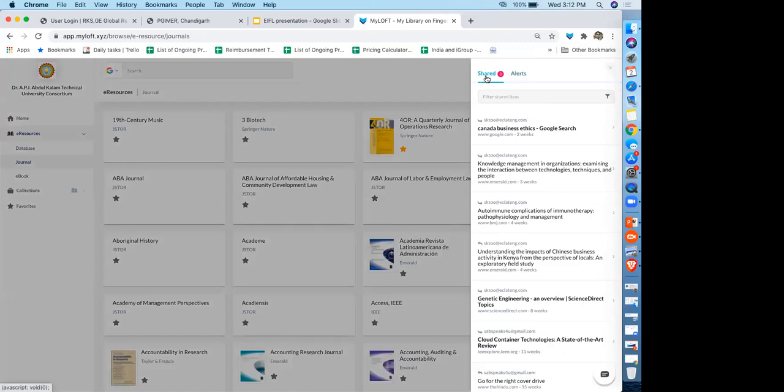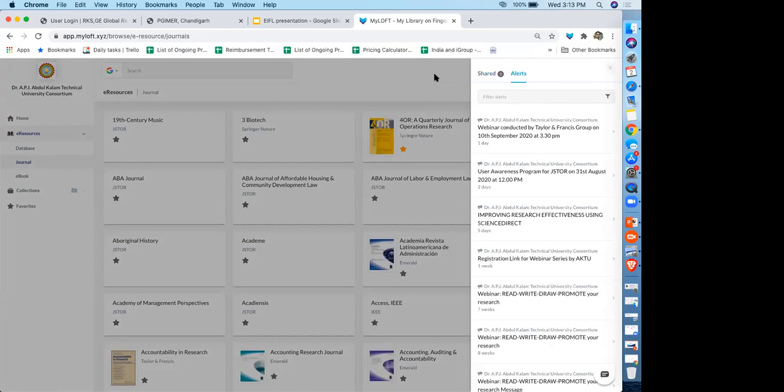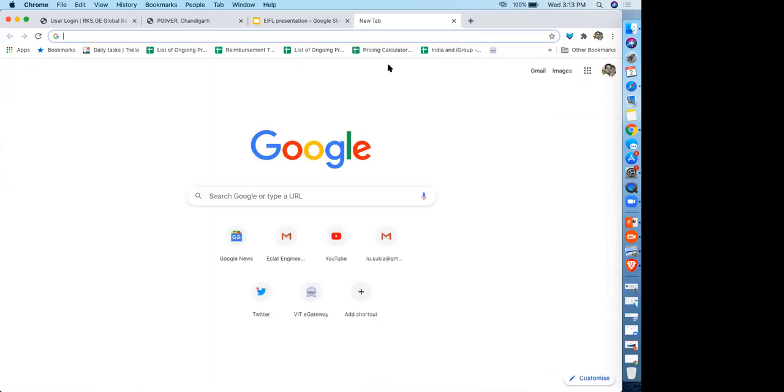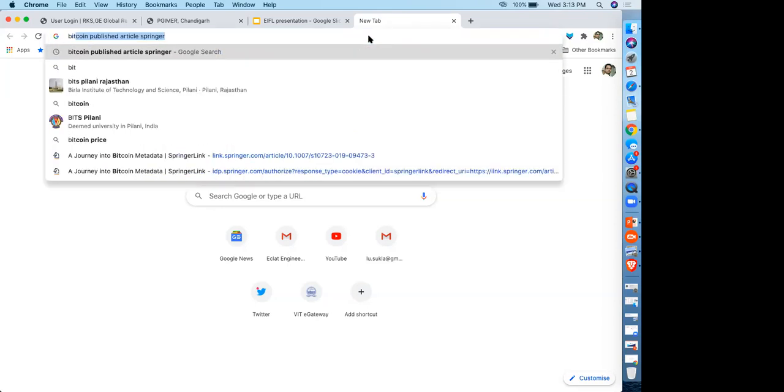Similarly, our user may come and they can see the alerts, shared articles and all. So these all are the important aspects. Now I'm quickly taking you through the searching, how to discover if we do have MyLOFT. So MyLOFT allows our user to do searching. If our user searches directly on Google, like Bitcoin